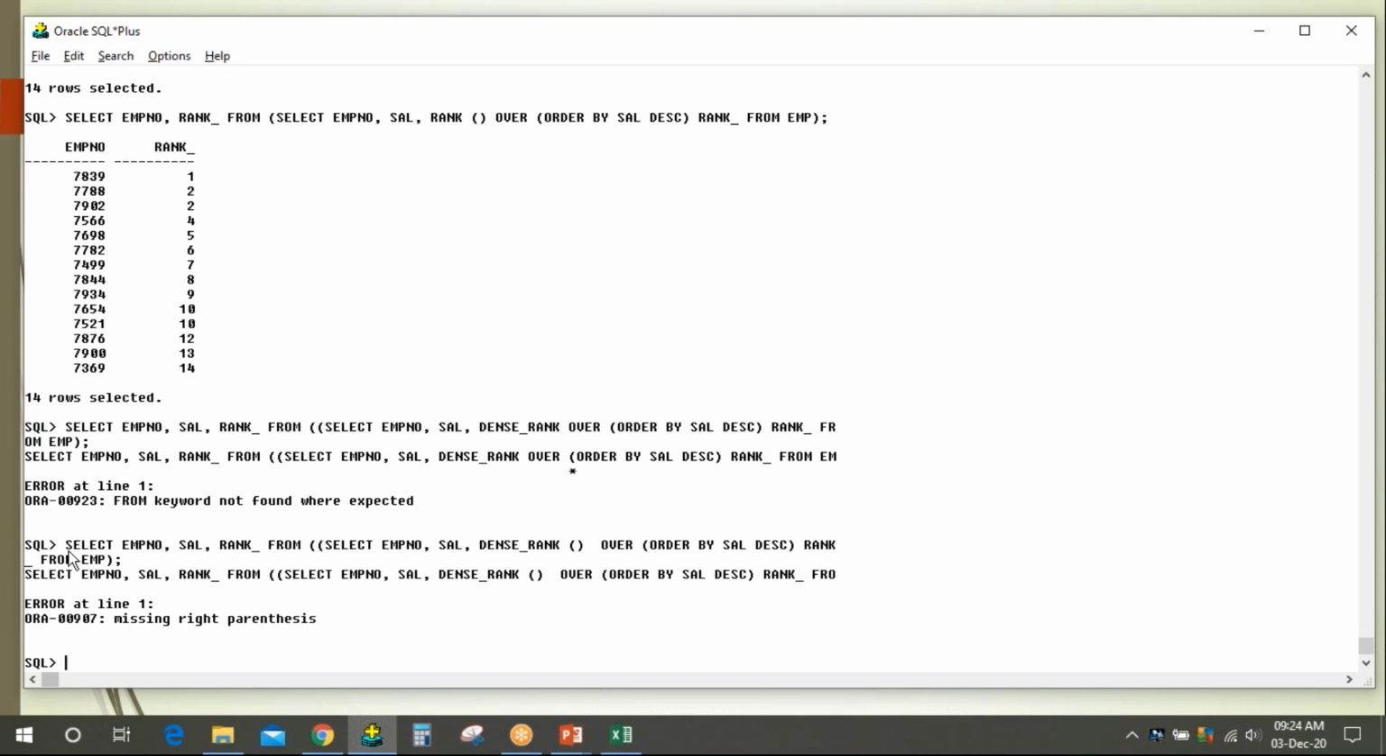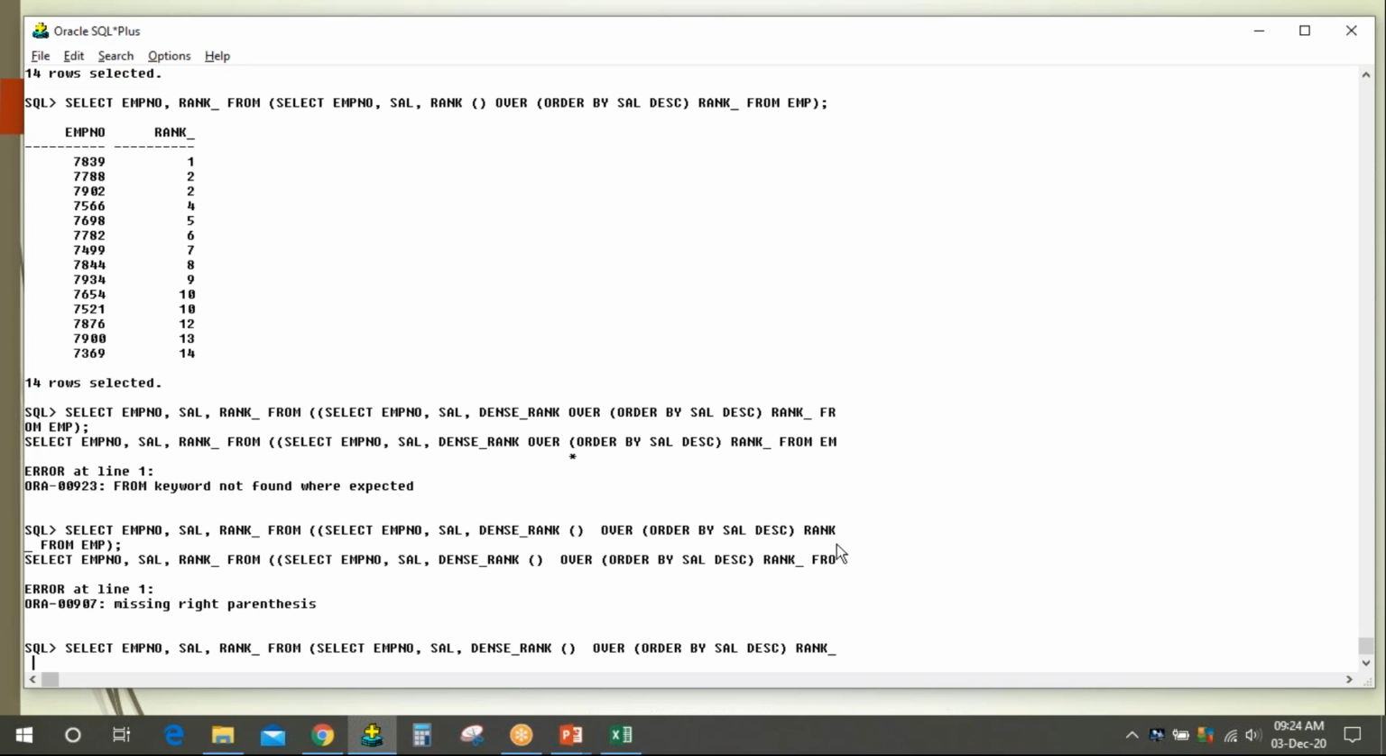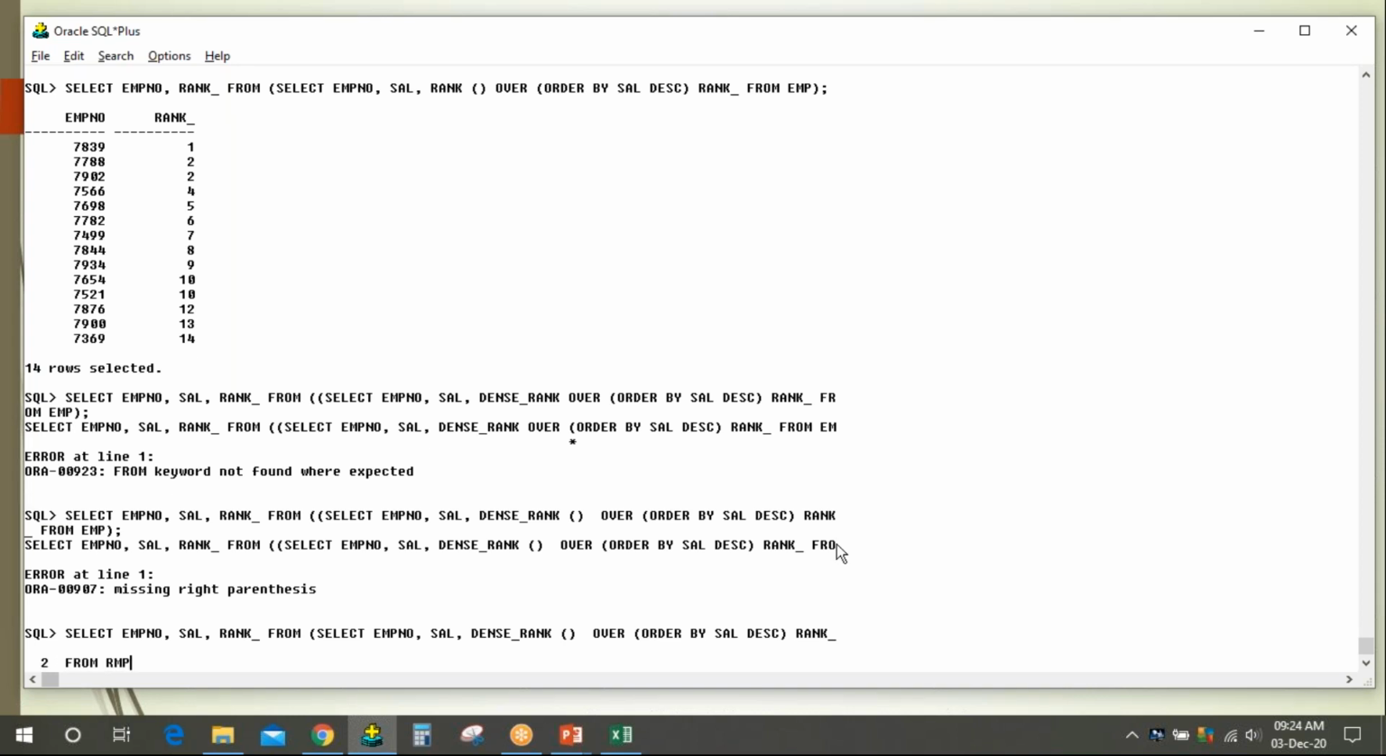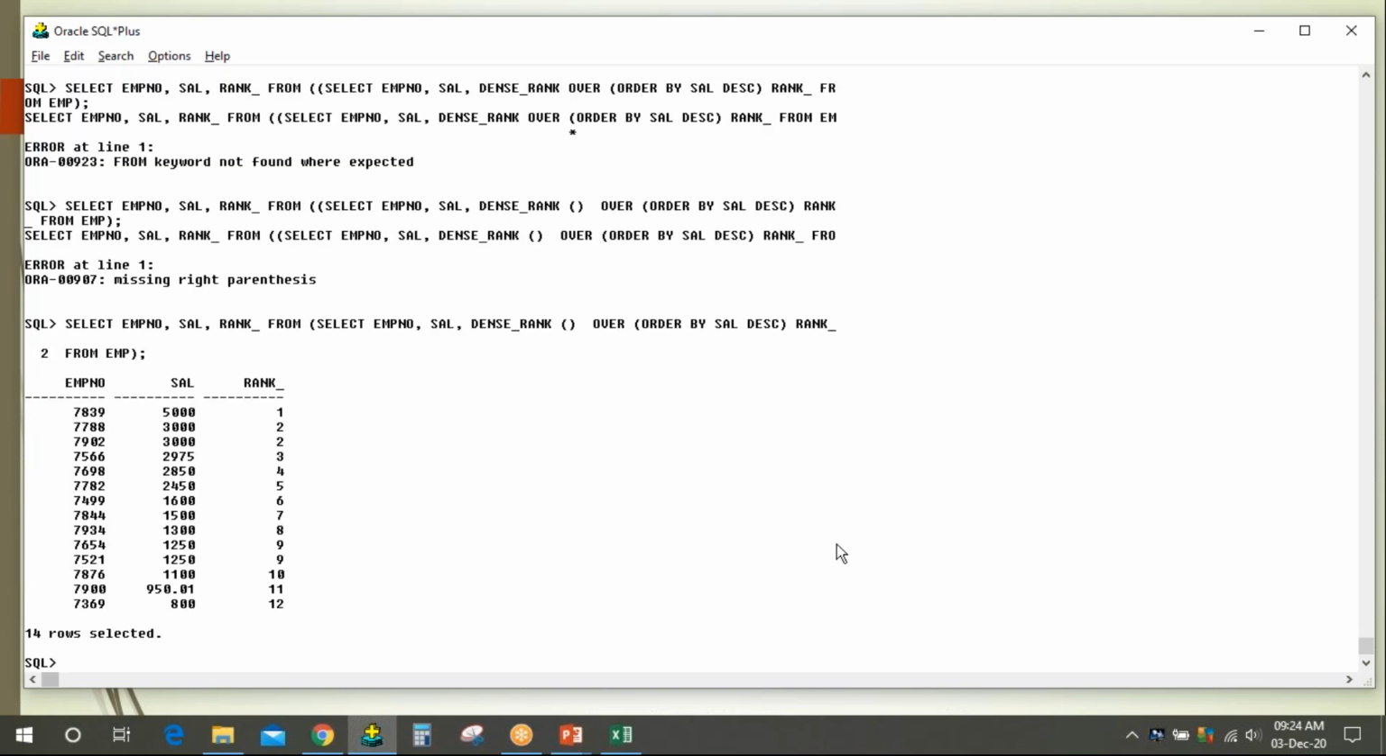Given brackets. DESC means descending. Do not mention DESC, that's ascending. Now you can see here the 5000 is ranked as 1. Okay, if I don't mention descending here,